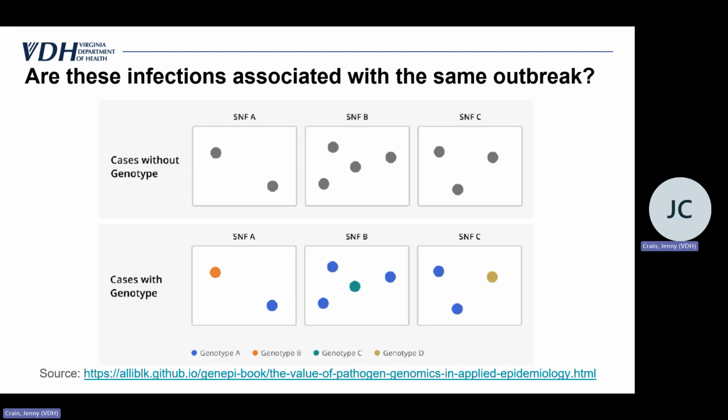And then this is just another way to think about applying genomic results to, say, congregate facilities and investigating disease transmission among those. The top shows the cases without genotype information. At this point, we might know the total number of cases in outbreaks at 3 different skilled nursing facilities. But once we have the genomic results, that provides a different level of understanding: now we can say, all right, we see genotype A in 3 different skilled nursing facilities. What other epimetadata might we add to further elucidate disease transmission?